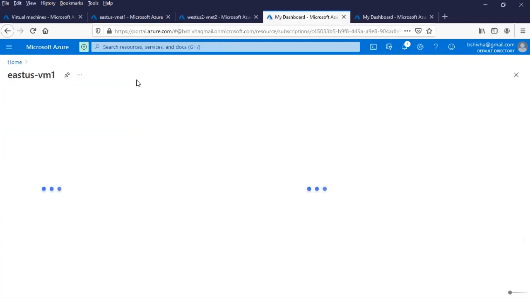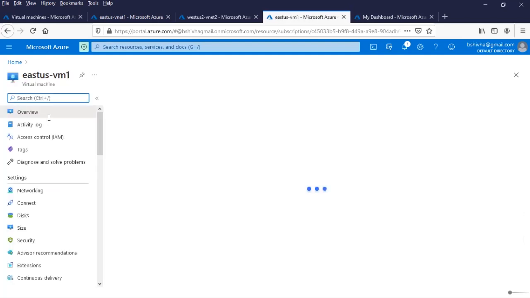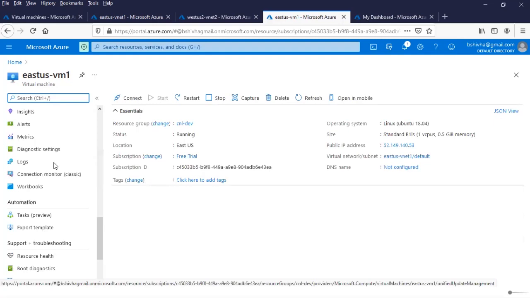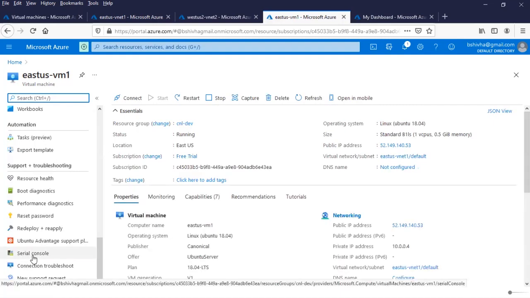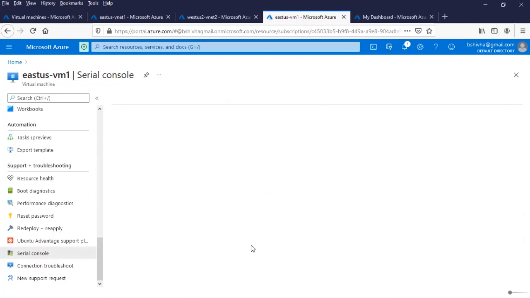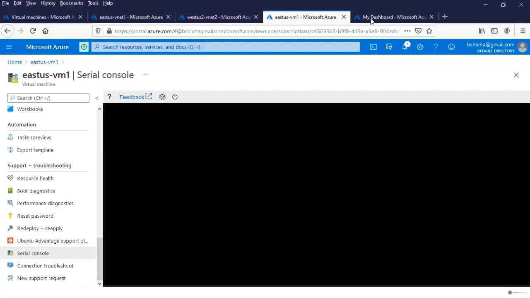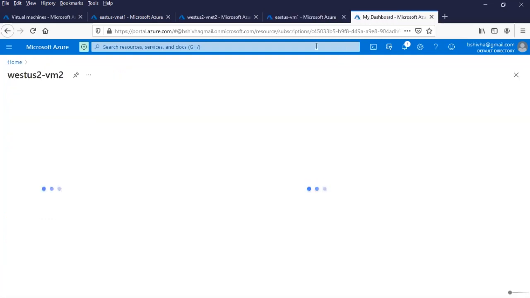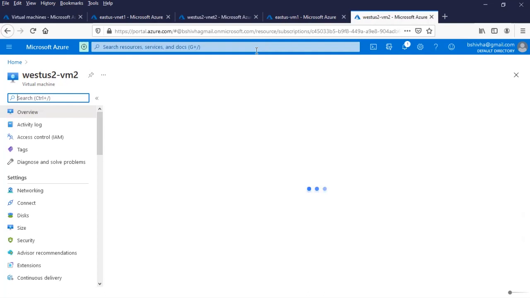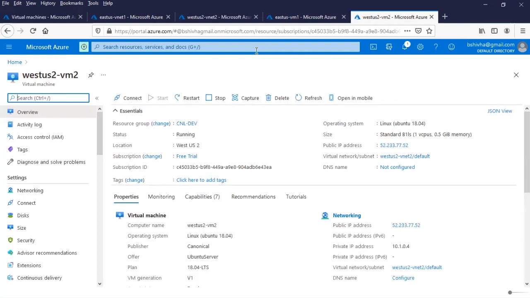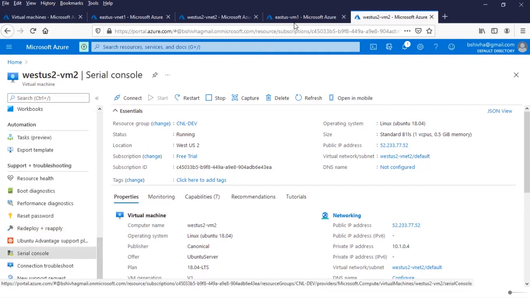Go to the VM. Okay, instead of logging in, which will take time, better you go with the serial console, which is really easy because we are just going to ping. And also there is another VM opened in another tab. Go to that tab. Okay, so here also go to the serial console.